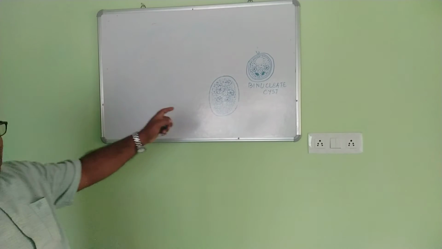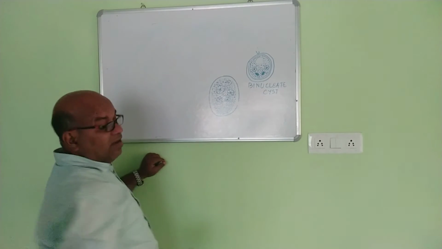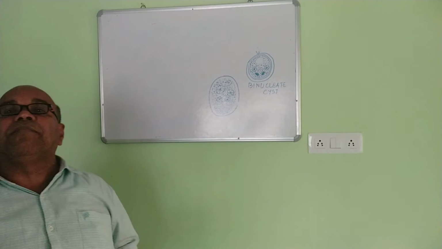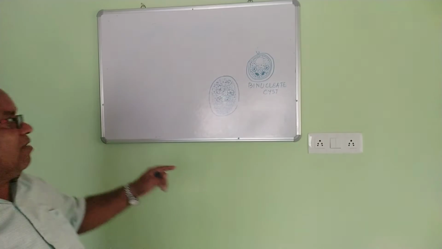You see, you find four daughter nuclei, but they will be divided mitotically, and instead of the two,